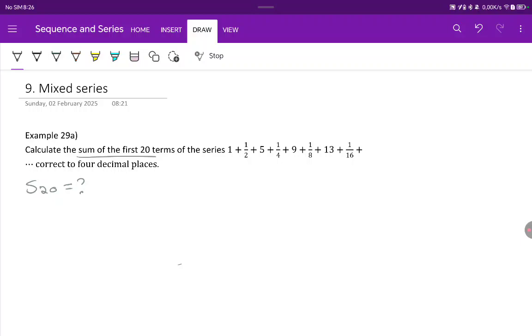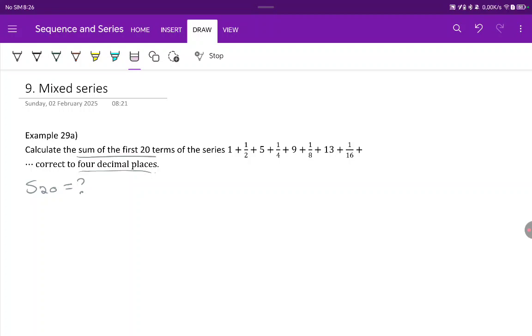Now they're not giving us the normal 3 terms. They're giving us 1, 2, 3, 4, 5, 6, 7, 8 terms. And they want the answer correct to 4 decimal places. Okay. What do you notice about this? Obviously, the heading is telling us that it's mixed terms, or mixed series, which means that you should know already that we are going to have to